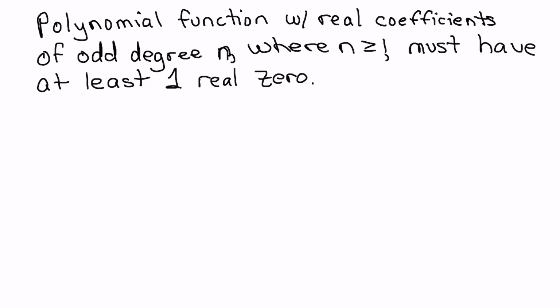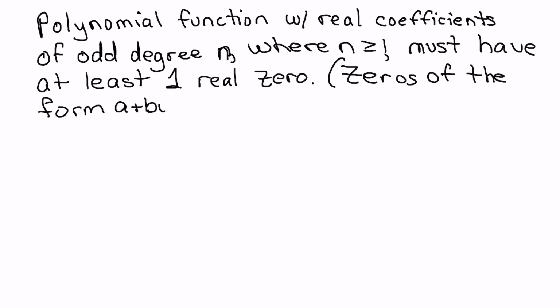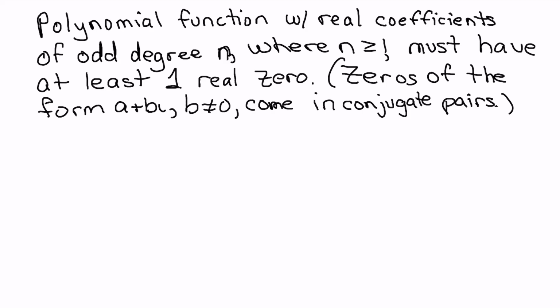Because remember, zeros of the form a plus bi come in conjugate pairs in this situation, because we're talking about real coefficients. So if it's an odd degree, like if n is 1, it's just going to be 1 real zero. If n is 3, it could be 3 real zeros, just like real numbers, or it could be 1 real with 2 non-real complex. So if you have an a plus bi, you have to have an a minus bi. So for odd degree, by the time you subtract the pairs, you're going to have at least one left over. And then for even degree n, same kind of situation,